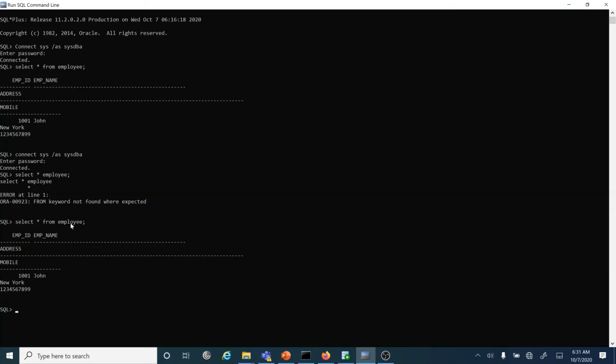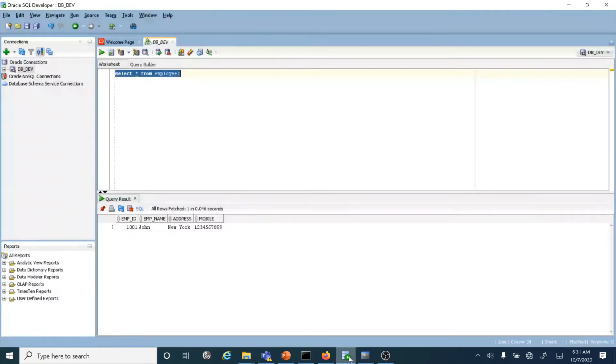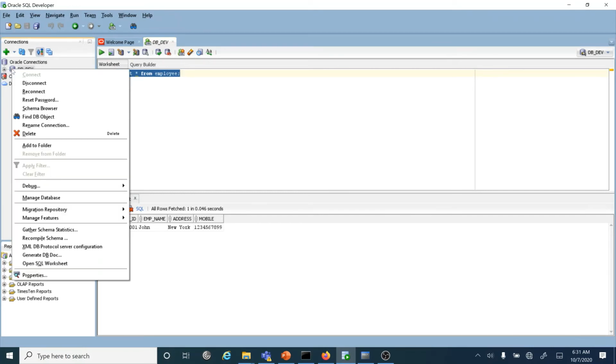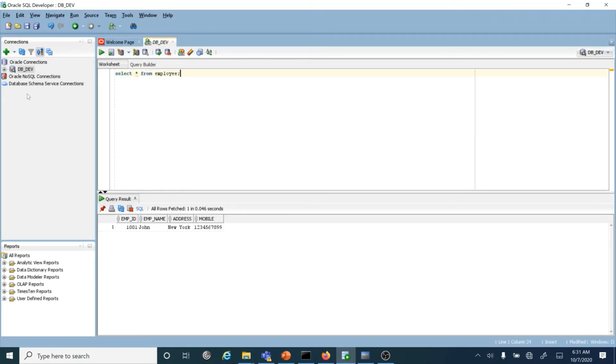Now I'll show you the second way to connect to the database. For that, I have installed the SQL developer. Once you install the SQL developer, you need to create a connection. To create a connection, just click on new database connection and provide the connection details.